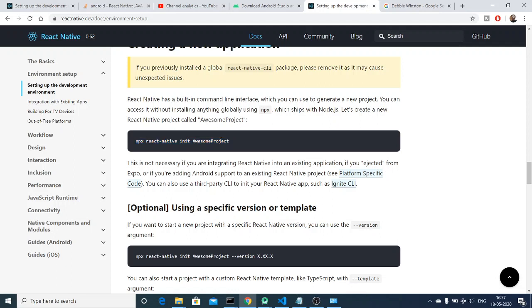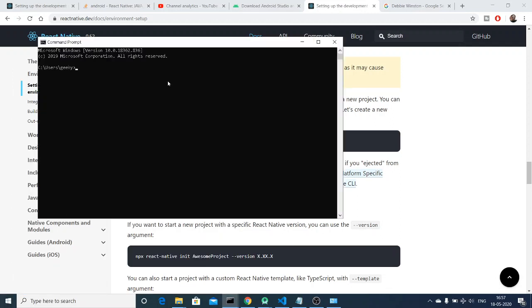But first of all, in order to use this, you need to globally install the React Native CLI onto your system. So for that, you need to issue a very simple command on your command line. Just open cmd and here you need to type npm i. I'm just assuming that you have Node installed onto your computer, so I will not be showing how to install Node. You need to have Node installed. -g. So -g stands for global. So we will be globally installing React Native CLI.